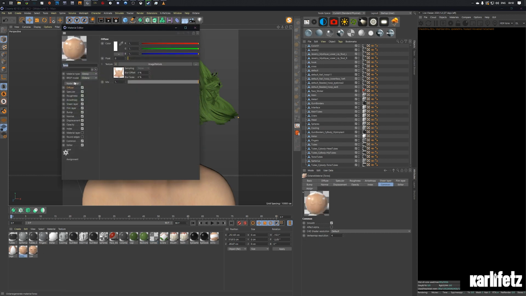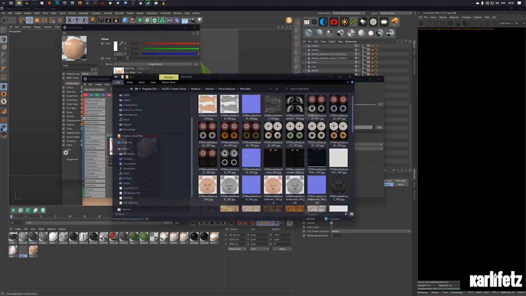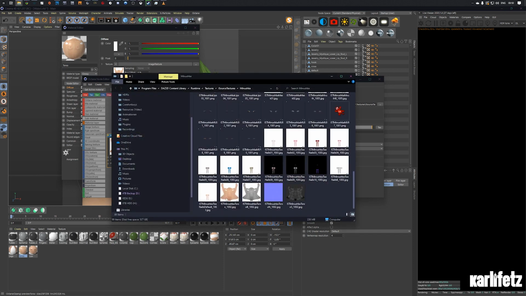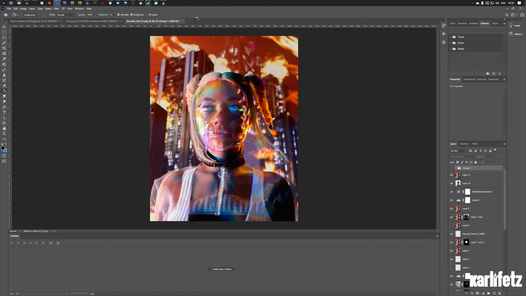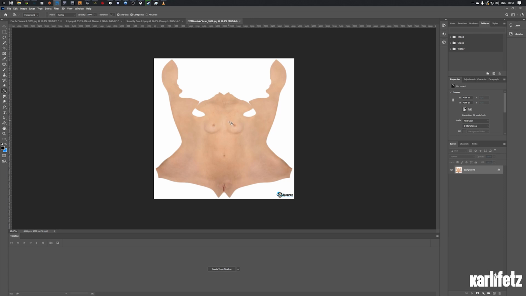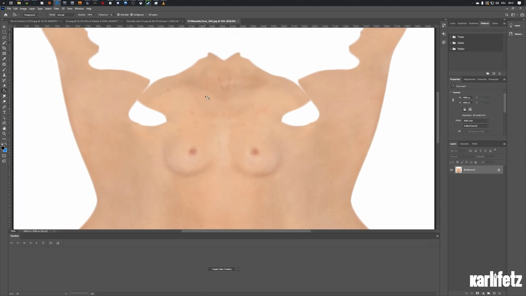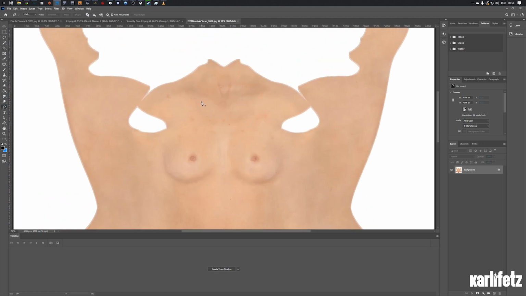What I have here is the DAS character with the materials already set up, and to get a look into that, there's a tutorial on my channel where I'm describing a workflow between DAS and Cinema. And what I did now was just drag the torso map into Photoshop because I want to mask out some of the torso inside Cinema 4D. You could do this in Substance Painter, but for what I wanted to do, I thought it would just be easier